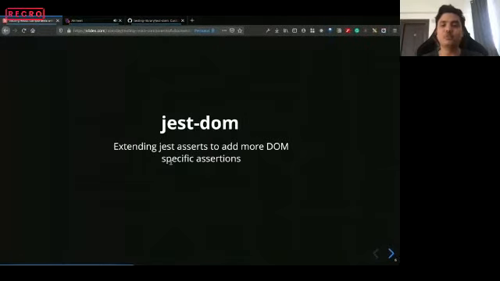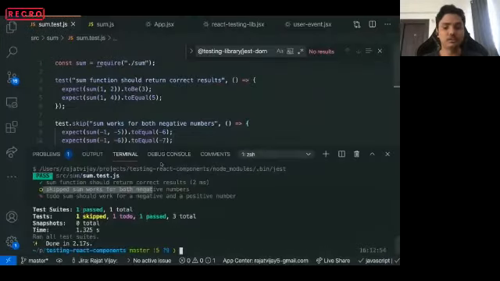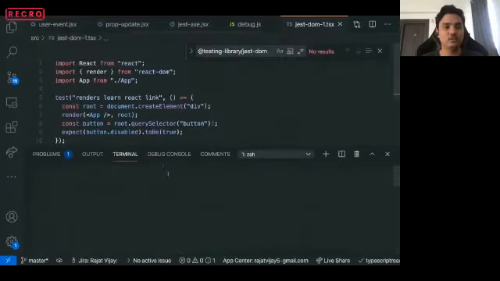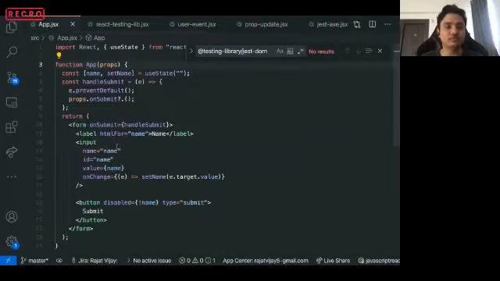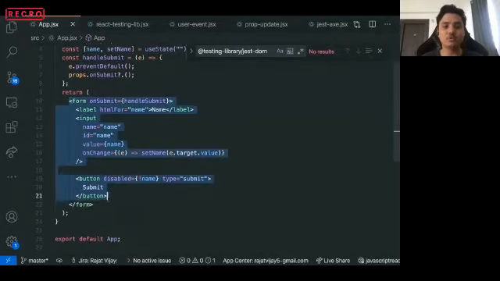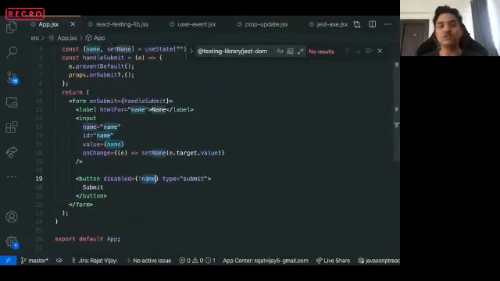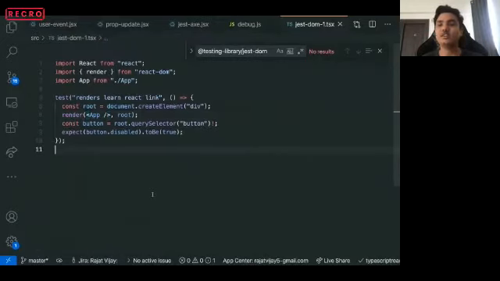The next library that we'll be talking about is Jest DOM. Jest DOM is built on Jest. It provides you DOM specific assertion utilities. For example, let me go to Jest DOM file. So for example, this is how you will actually test your component. So let's say you have this app component which renders a form, and inside this form there is an input component and there is a button component, and this button is by default disabled. How do you actually test that this button is by default disabled in a test?